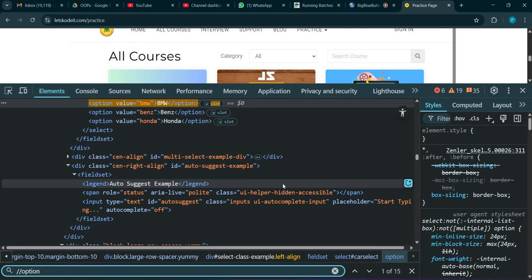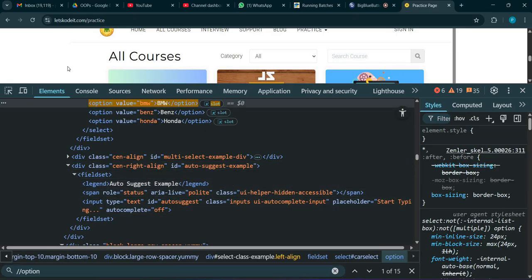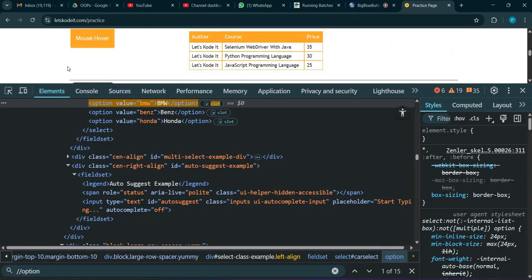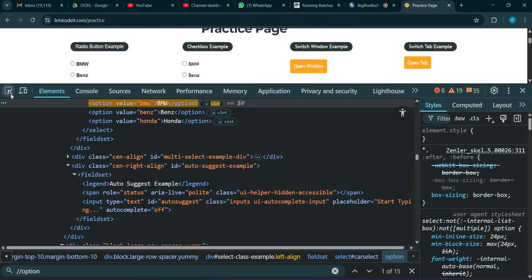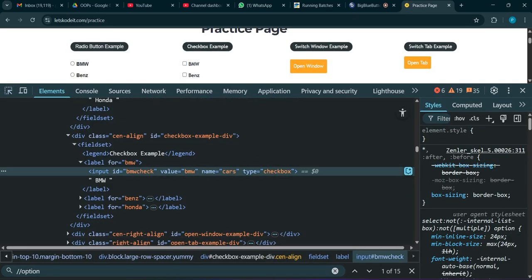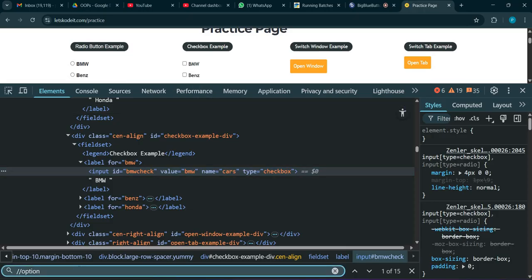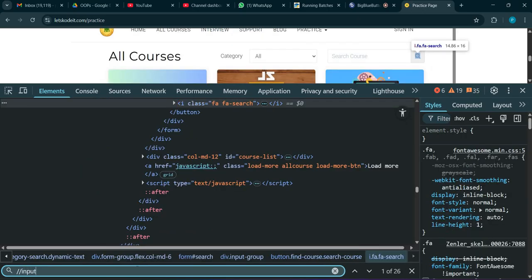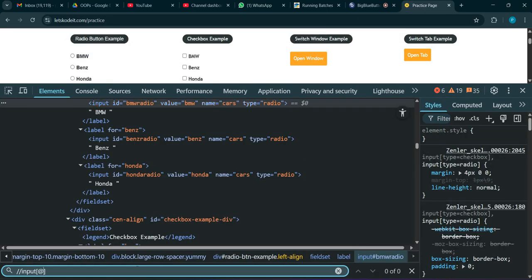Let me write it in XPath here, on this checkbox. So I would say give me input which has this ID and type checkbox. So I would say input at the rate ID